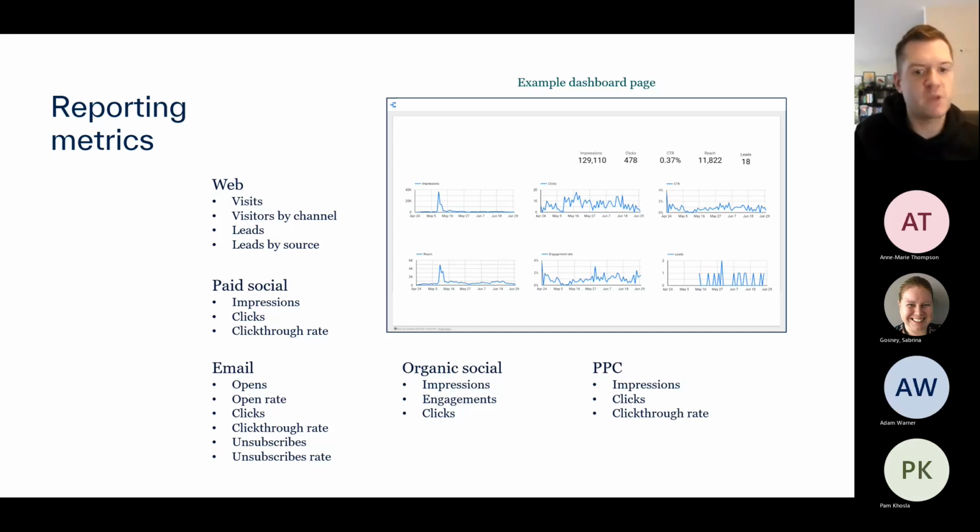We need to change the messaging, and we need to create something that's a bit more relevant. Obviously, each of those would then lead into the web. So you're looking at a web level at leads and leads by source. We would then be able to, through the lead by source attribution, understand if email drove the best leads.